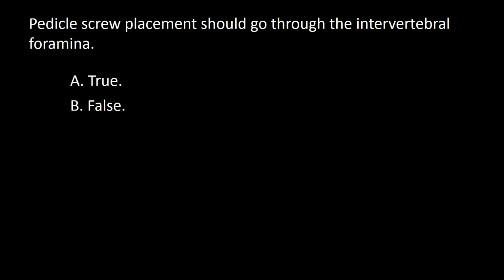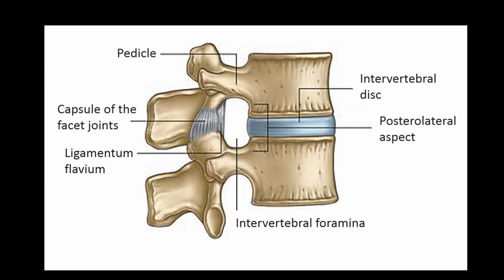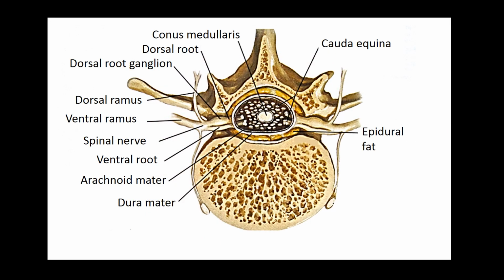Next question. Pedicle screw placement should go through the intervertebral foramina. A true, B false. Take a few seconds to look at this frame. Notice the relation between the intervertebral foramina and the pedicles. Were we to cut at the level of the green line, we would see a transverse cut of the vertebra going through the intervertebral foramina,